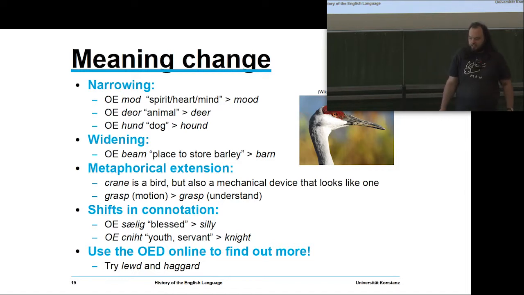Similarly, Old English deor, which means animal, this is cognate with German Tier, right? So deor originally means animal. It comes to mean deer, specifically deer, which is a certain kind of animal,